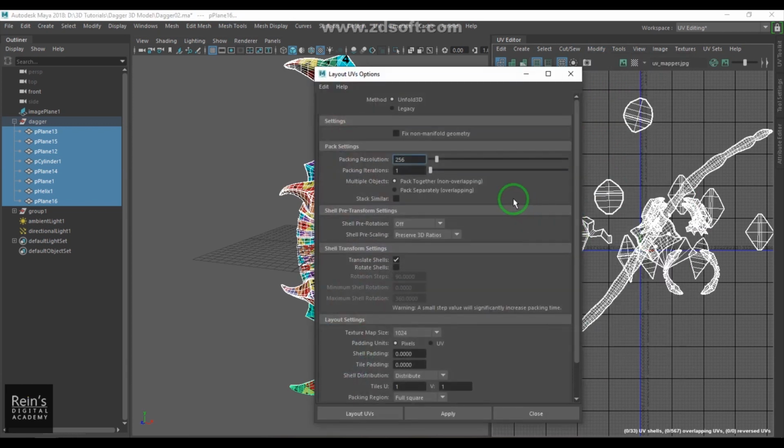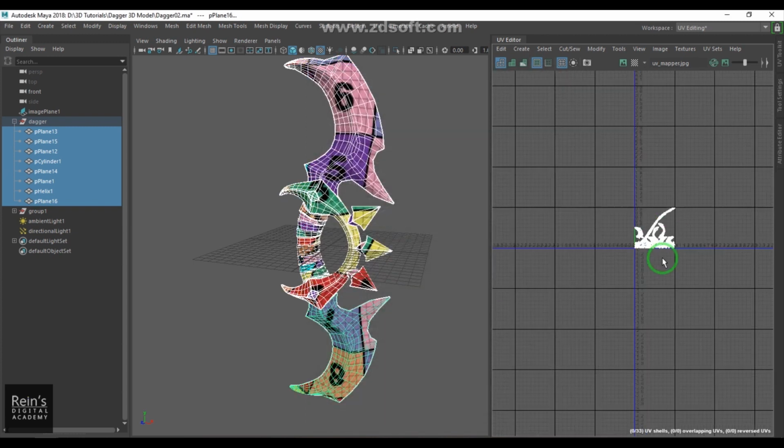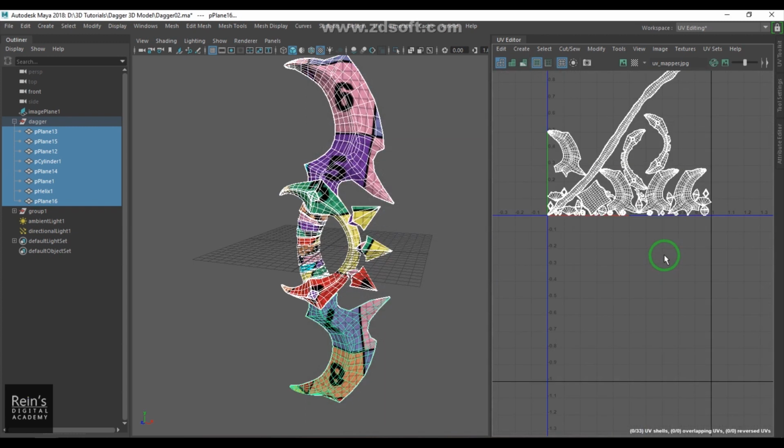Okay, layout, I need to say one thing, that is shell pre-scaling and preserve 3D ratios is very important. And then right now it is distributed in only one tile, and then just say layout, and this is now arranged like